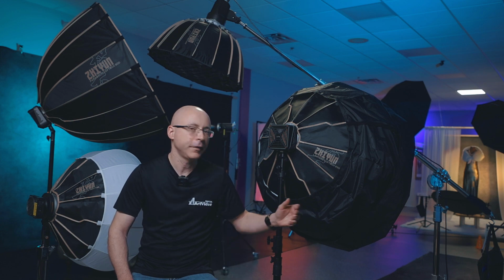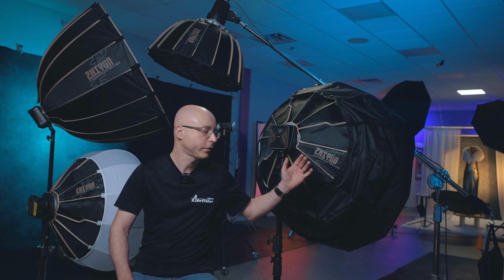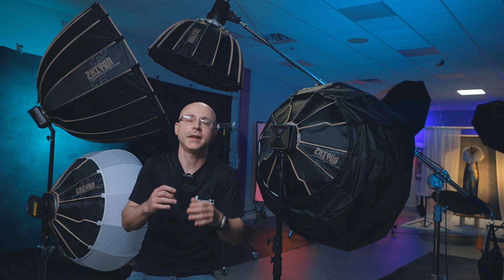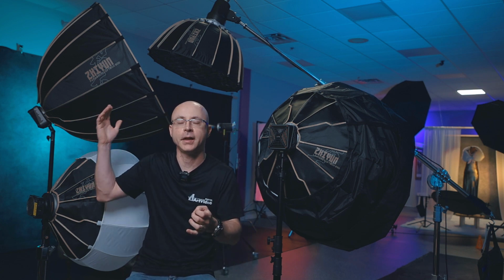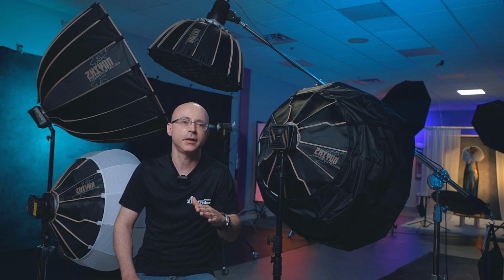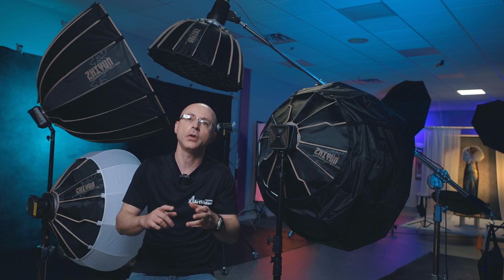I'm going to show you guys everything regarding the softboxes here, which are some lantern softboxes, some parabolic softboxes, what they do, and the advantages and disadvantages of getting a parabolic softbox. Also this one here on top that can actually serve for many purposes. I'm going to show you everything you want to know about the softboxes, including people in front of them,